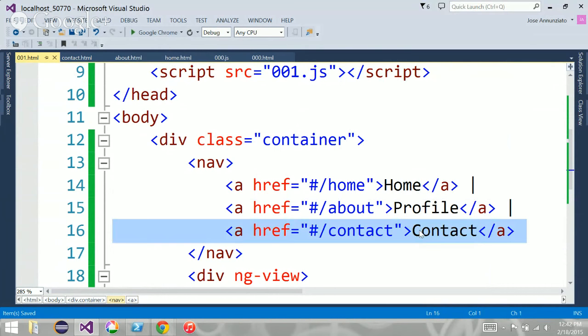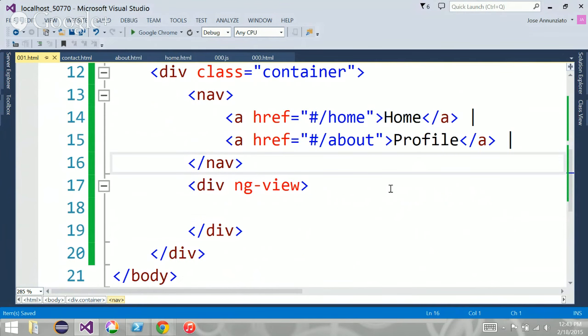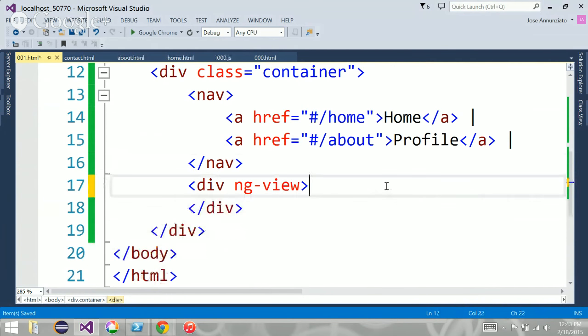And then there's a details page, but the details page would typically be navigated from an individual movie, right? If I click on a particular movie, I would navigate to the details page of that movie. I can't navigate to a details page unless there is a movie to navigate from, right? Make sense? Okay. So the ng view is empty.